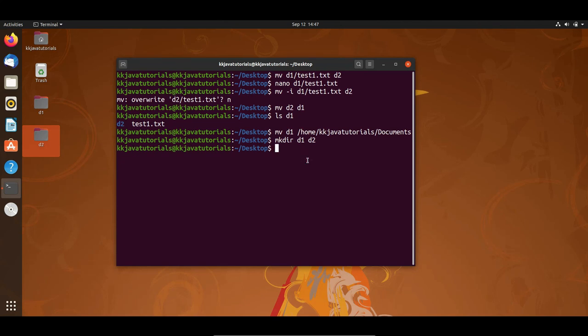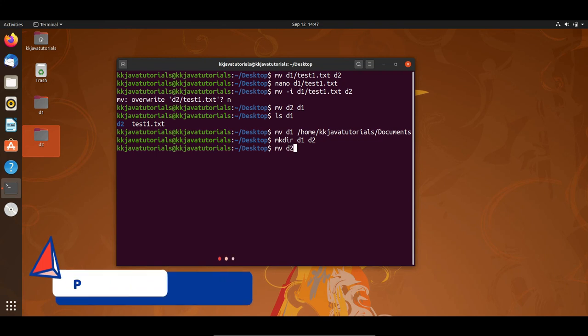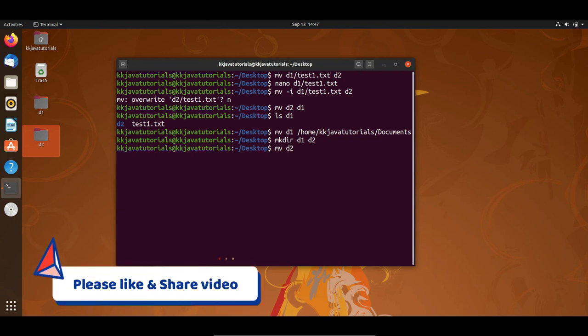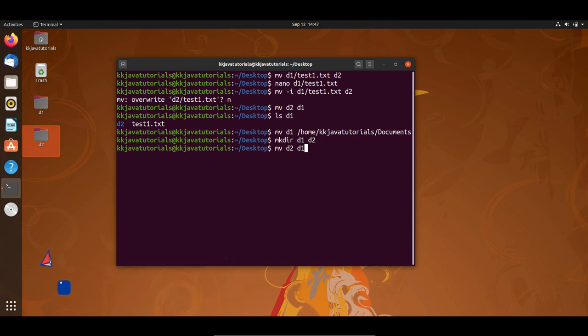Now let's say I'm going to do a move operation. So I'm going to write mv, and let's say I would like to move d2 into the d1 directory. So I will write d1. If I press enter, the complete d2 directory is going to move inside the d1 directory.